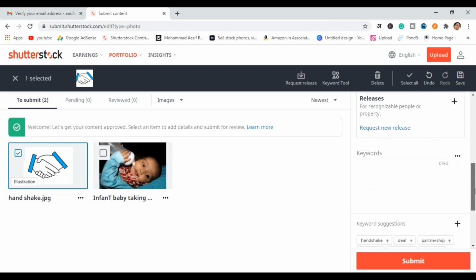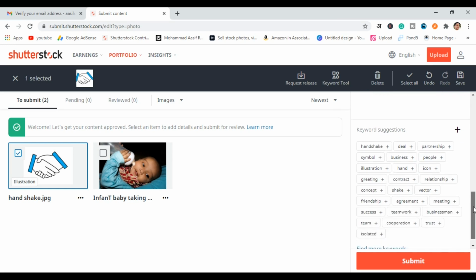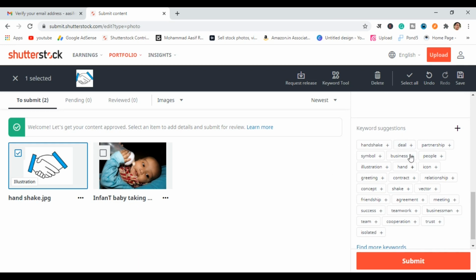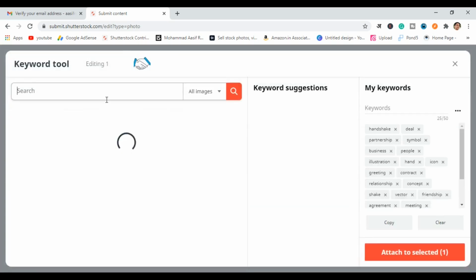After that you have to provide keywords here. Type your keywords, and you can see similar keywords, suggestion keywords. You can also add all the keywords that are suggested in the suggestion box. You have to click add, and all keywords are added. Now if you want to add some more keywords, then you have to click on find more keywords, and